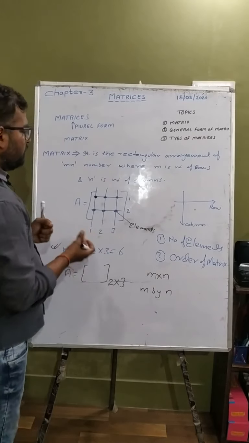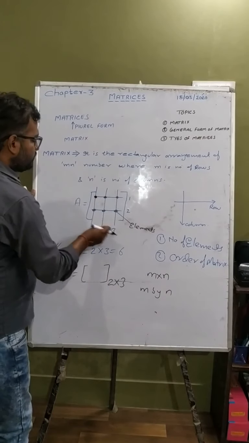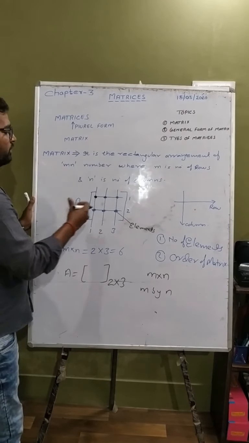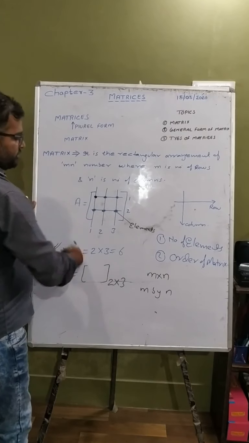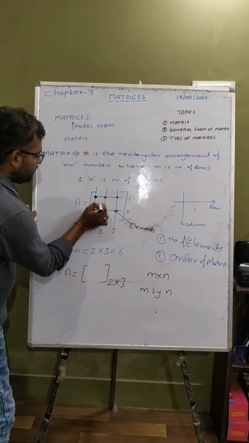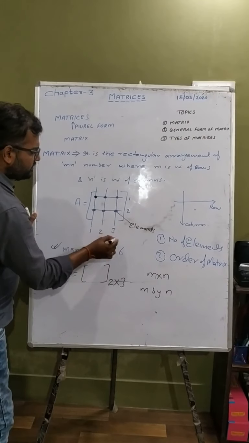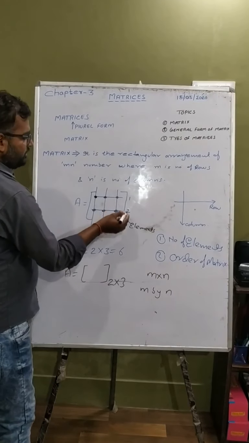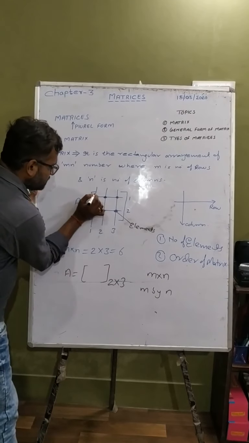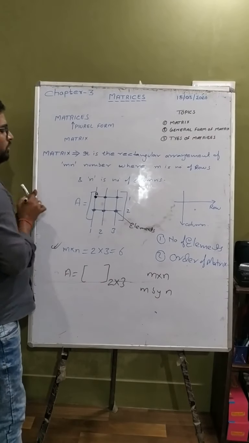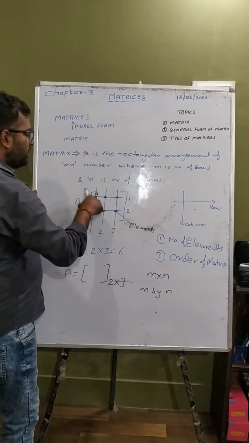We can just find the exact position of these elements. How can we find the exact position of these elements? So let us consider this is the element. The element is denoted by a small a. Just consider it. Suppose it is your small a. Then at which position is this a?